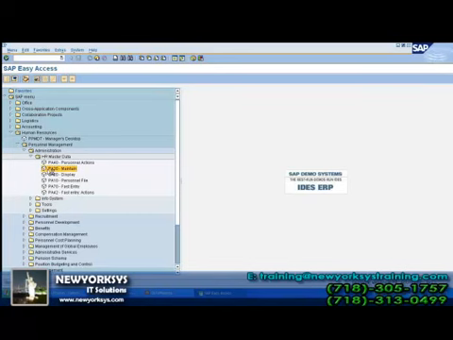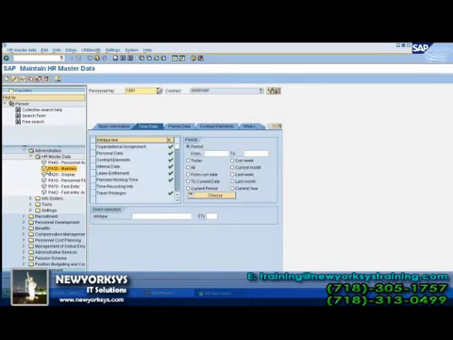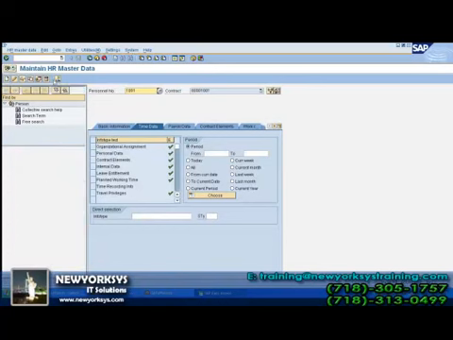Once you double click on PA30, you'll be able to see the same screen but with more options and more activity for the user. PA20 will be given access to the junior employee in the HR department, whereas PA30 will be given access to the senior employees like administrators, managers, general managers or more superiors. In PA20 you can only display the data, but in PA30 you can create, change, display, copy, delimit, delete, and overview.